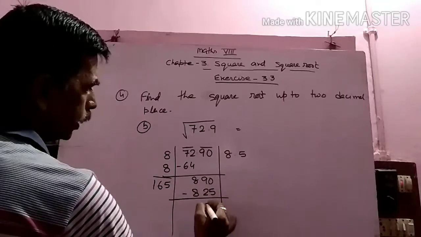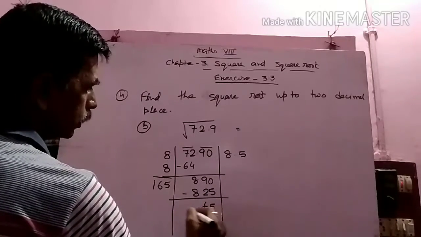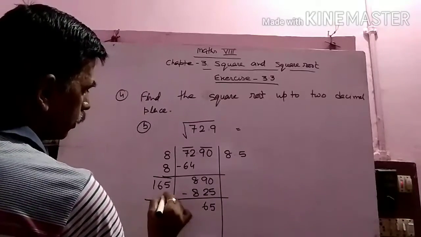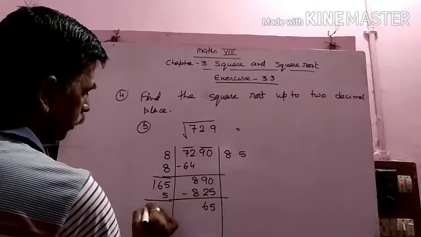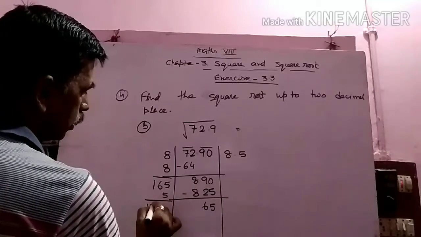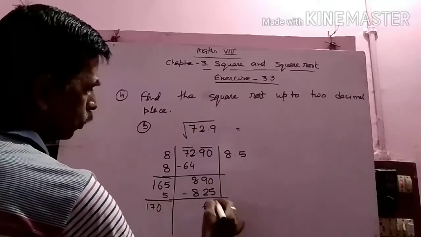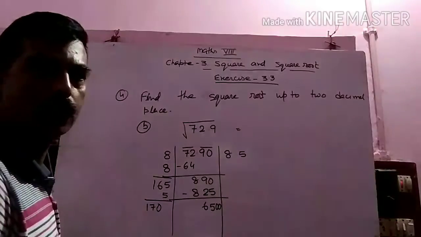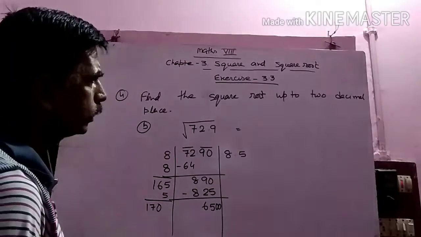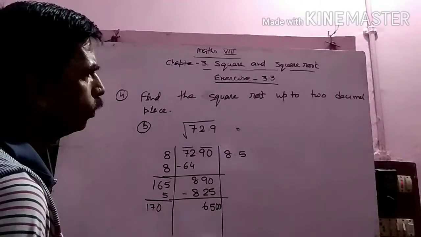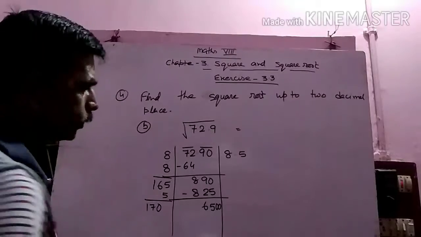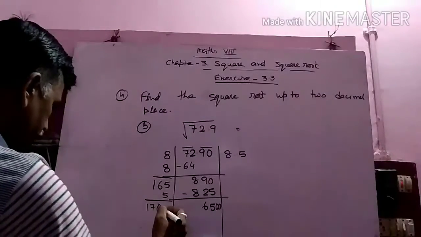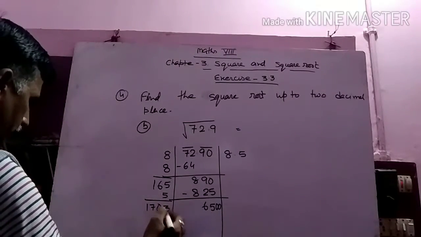So 8 minus 2 becomes 6. So after adding 5, it becomes 1. Then 7, 0, and there is no number, so we have to bring two zeros to get the square root up to 2 digits. So it becomes 3 times,